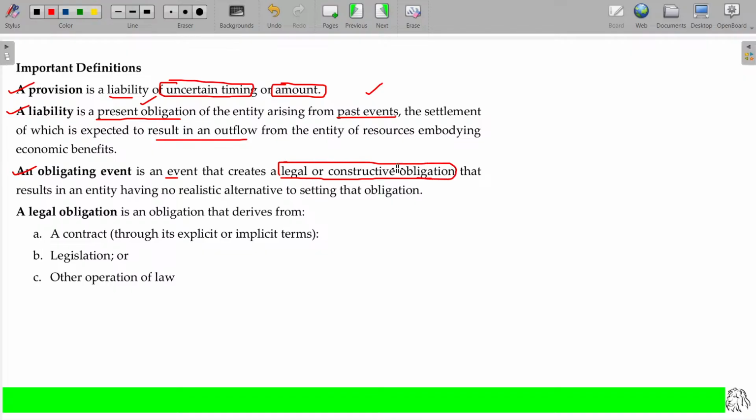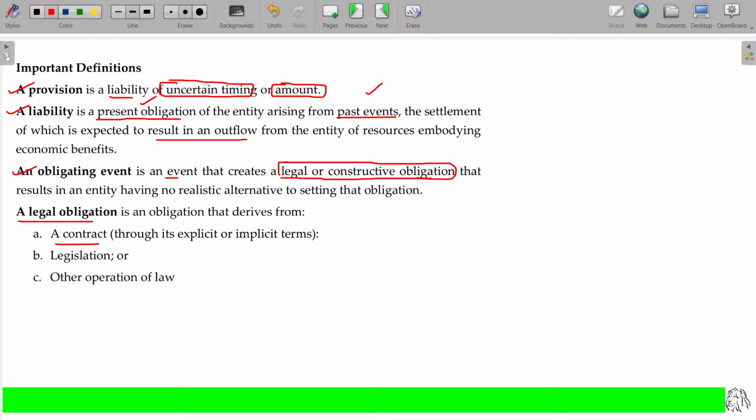What is called a legal obligation? A contract. Probably while selling the goods, I gave a guarantee for 1 year. Anything happens, you can come and ask for the replacement. In such a way, if I give a warranty or guarantee, it is also considered a legal obligation, as it is my contract. And sometimes it's a legislation. Some product may be dangerous for consumption and I have not intimated properly. The consumer now sues me